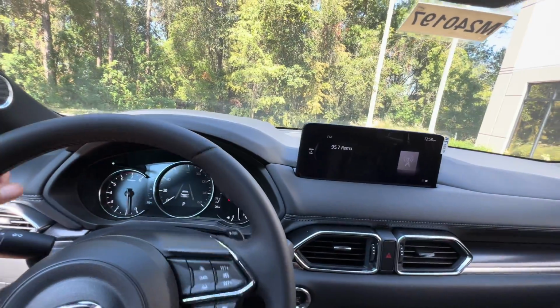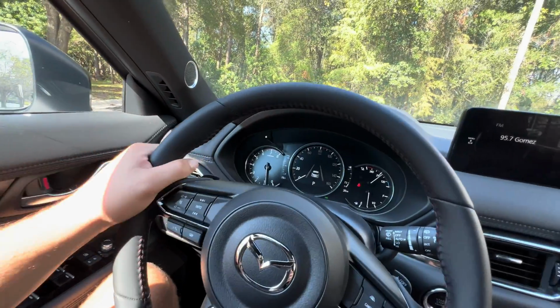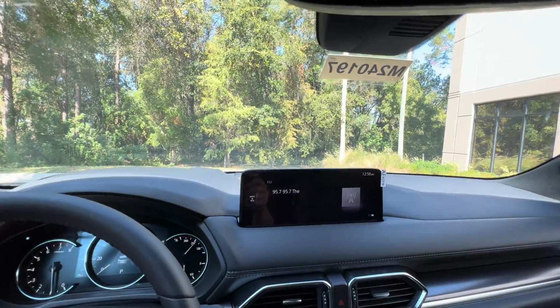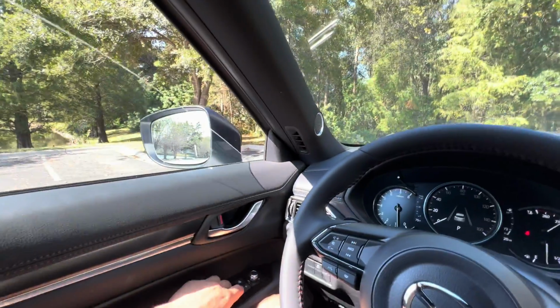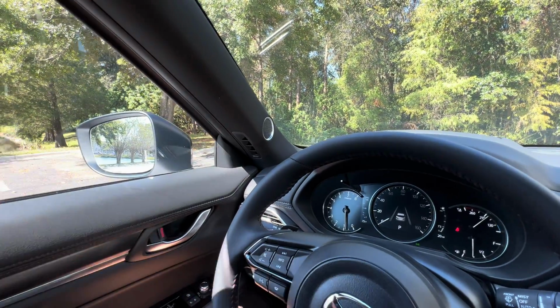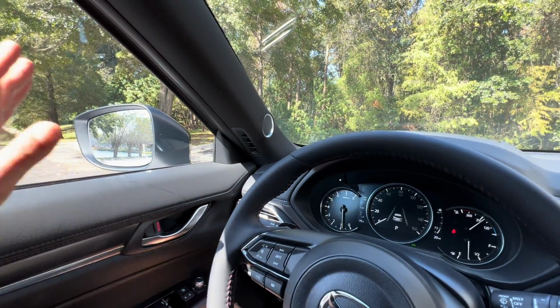But first thing we notice, the steering wheel is thick, red contrast stitching, solid 10-2 bolstering, and the 9.3 fits perfect in your hand. You get a rubberized horn area. The horn itself, loud and aggressive. People should be definitely getting out of your way. We'll do a window check, see if we get dual panes. We do get dual panes here on the Turbo Premium. I don't believe the Carbon Turbo gets dual panes. I'll let you know once I do review a Carbon Turbo, but I believe the Turbo Premium is where the